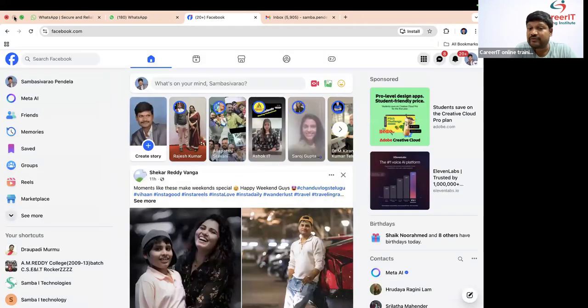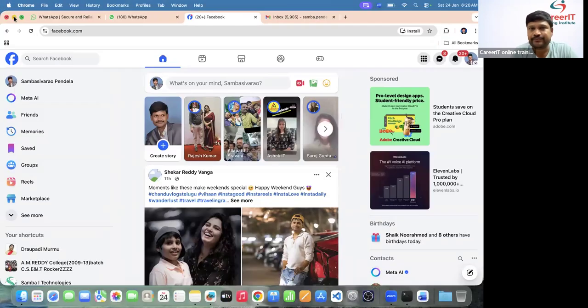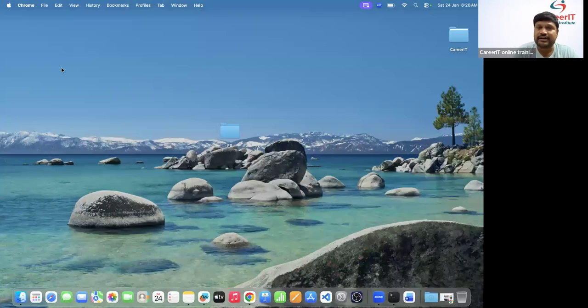The complete Facebook website was developed using React.js only. Got it or not? Not only that, the Netflix website is also implemented using React.js.